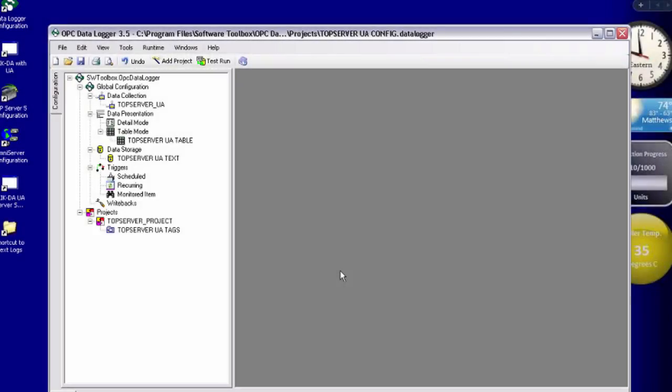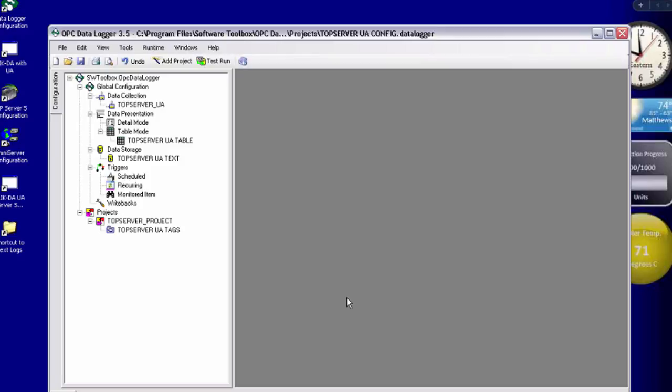Last but not least, I'm going to go ahead and demonstrate a connection to a remote OmniServer with OPC UA on that same machine. This time I'm going to make a connection using both encryption and user authentication, which requires me to specify a username and a password that correspond to a configured user that I have in my OmniServer